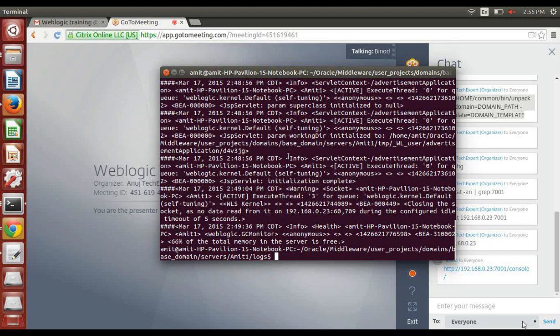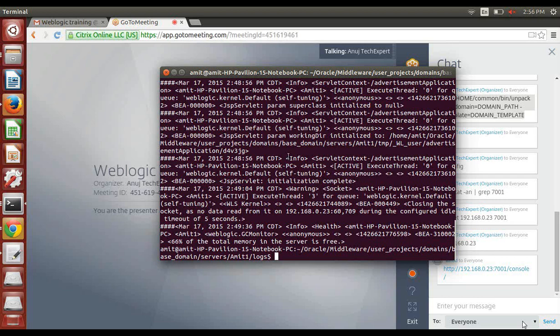Yeah, he can restart it, because even if Vinod's machine is not available, or if Vinod shuts down his Ubuntu machine, then the admin server will go down, and when the admin server goes down, Amit1 will come into managed server independence mode, MSI mode, which we learned yesterday. So even if